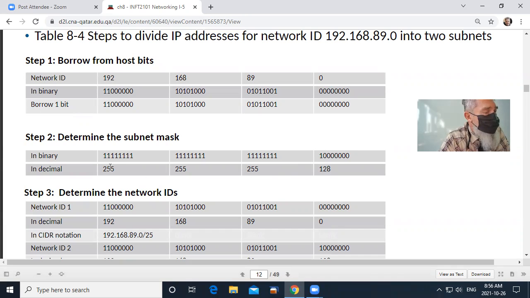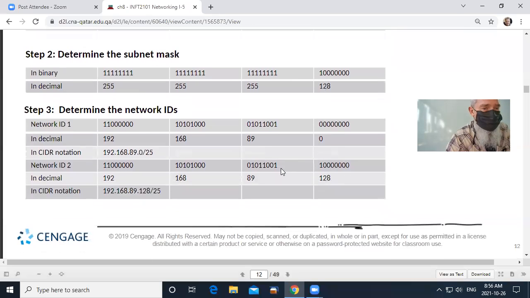So a subnet mask of 255, 255, 255, 128 means that we are using how many bits in our subnet mask? Instead of 24, we've got 25. So this would be represented by a /25. This is a /25 network. That's how that's represented down there.